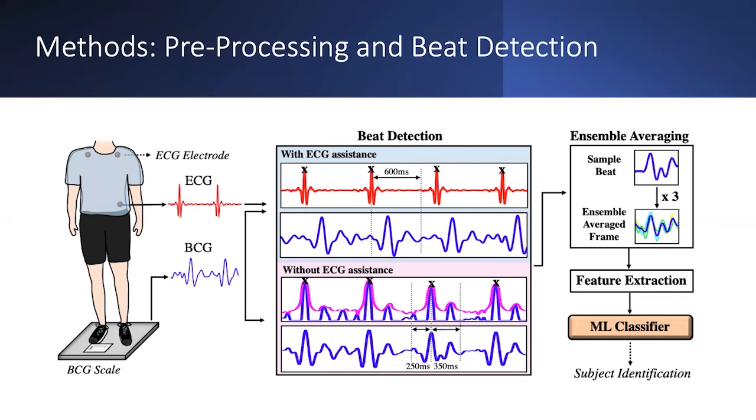The beat length was determined to be 600 milliseconds as previously done in the literature. These BCG beats were then ensemble averaged to remove noise and reduce the impact of outlier beats. The moving window size was determined to be 3 beats per frame with an overlap of 2 beats between consecutive ensemble averaged frames. On the other hand, for the non-assisted version, we used the J peaks on the ballistocardiogram signal